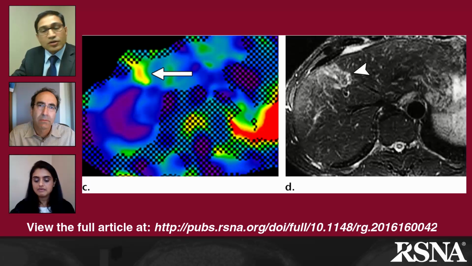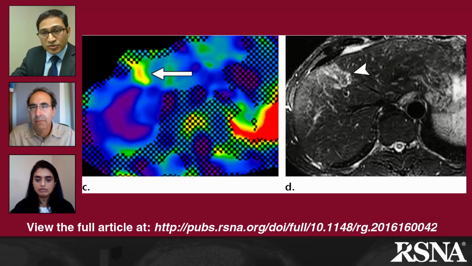And you can see that on the correlate, the T2 weighted image in figure D, which shows hyperintensity in that region and dilated ducts. Now, these features were initially identified before, and everybody knew these things are happening in primary sclerosing cholangitis. But we now have a correlate. Again, it corresponds exactly to the area of stiffness, the area of signal intensity.